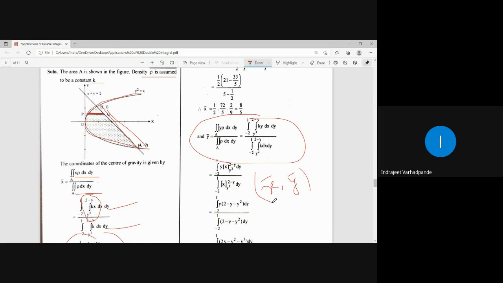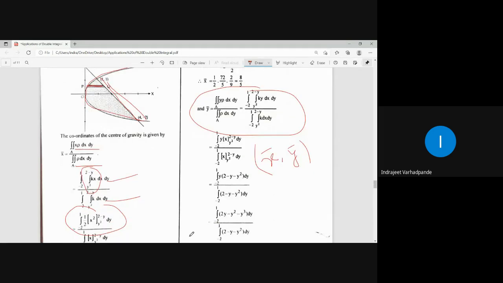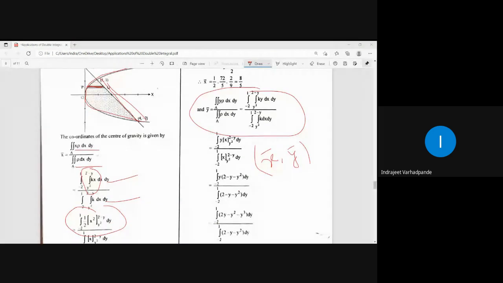For the Cartesian coordinate system, it involves x for the x coordinate in the numerator and y for the y coordinate in the numerator. For polar coordinates, directly use the simplification: x as r cos theta, y as r sin theta, and accordingly dx dy will be converted to r dr d theta. So that is all regarding the center of gravity, the coordinates to be calculated for the center of